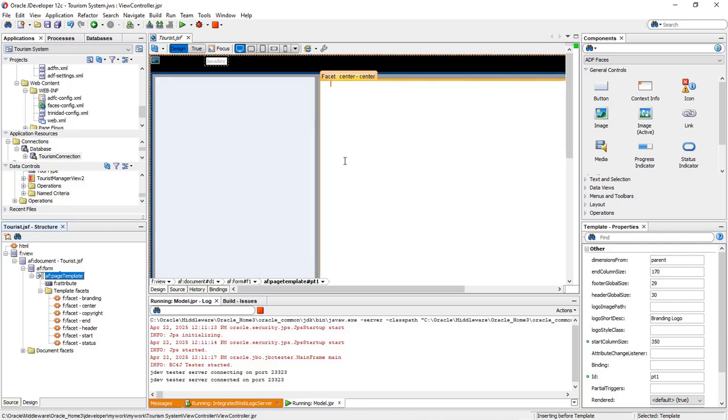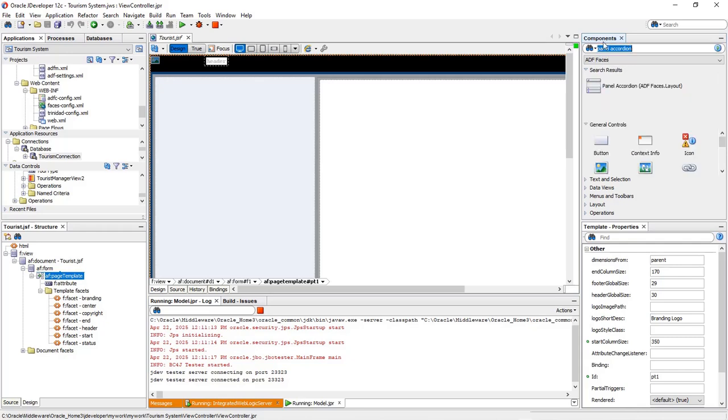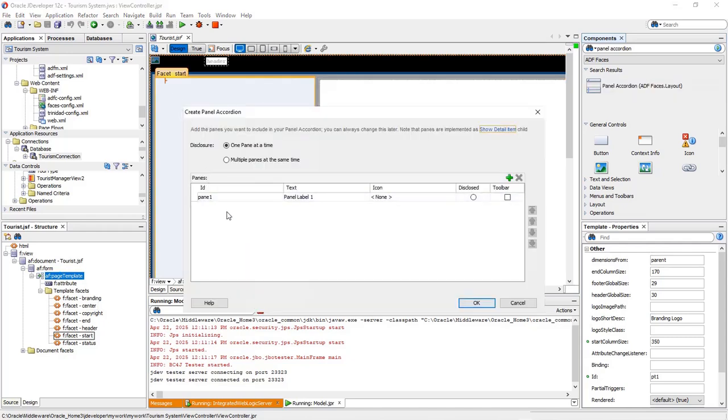Yeah, drag the panel accordion component to the start facet of your page. Drag this panel accordion component to the page and change the property of this label to